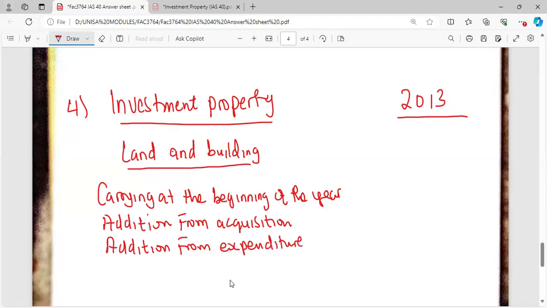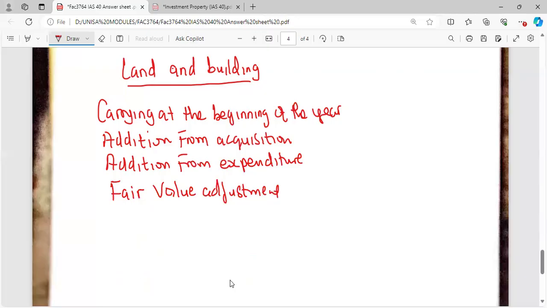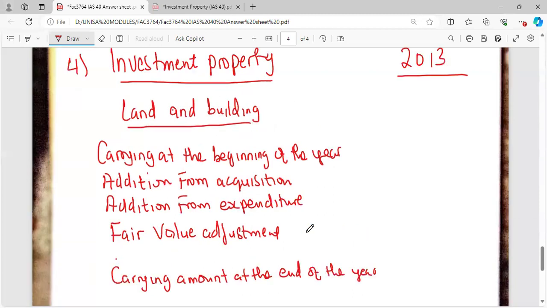And then now you can have your fair value. Then you can now have your carrying amount at the end of the year. Right, so that's how you have to